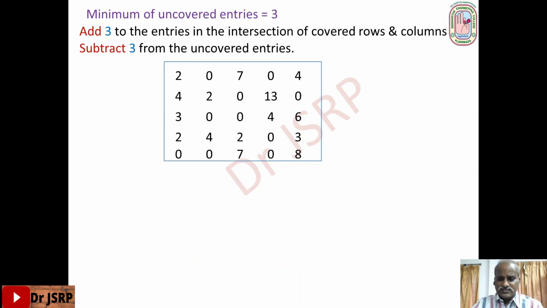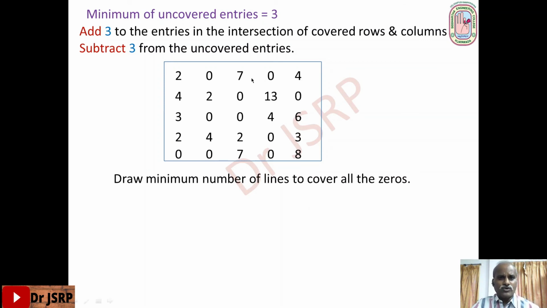Again, repeat the same process. Draw the minimum number of lines to cover all zeros. Start with the first row. The first row contains more than 1 zero. That means the first job has 2 possible assignments. So we are not able to assign the first job. So skip the first row. Similarly, the second row contains 2 zeros. Skip it. The third row contains 2 zeros. Skip it. The fourth row contains only 1 zero. So circle that zero and fix that column. Draw a vertical line. Okay. Next, the fifth row contains 2 zeros. Skip it. Now all zeros are not covered by lines.